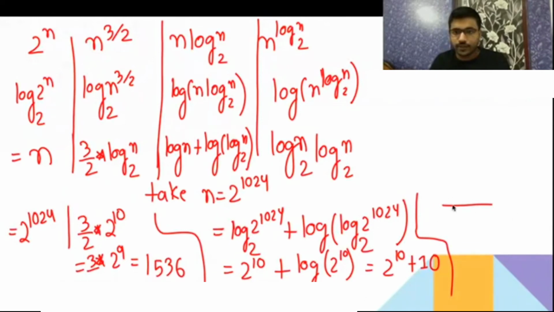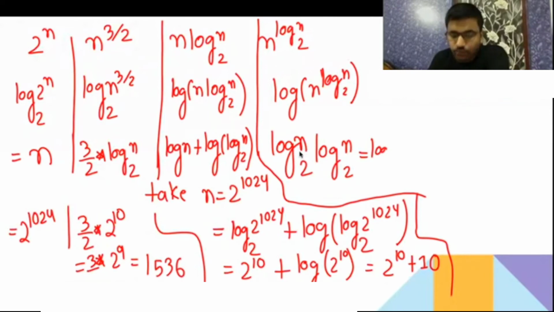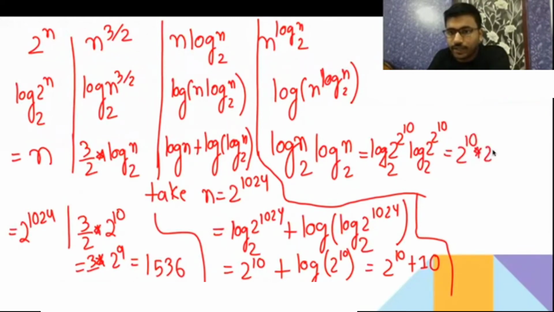Yeah, this we have to see. I need to go to the here only, I am checking. So that is easy, directly I am doing. Here you will give n as 2 to the power 1024. So log of 2 to the power 2 to the power 10 you are going to give. 2 to the 10 is 1024. Then log of 2 to the power 2 to the power 10, you are going to get 2 to the power 10.